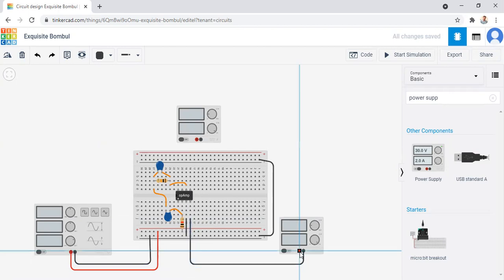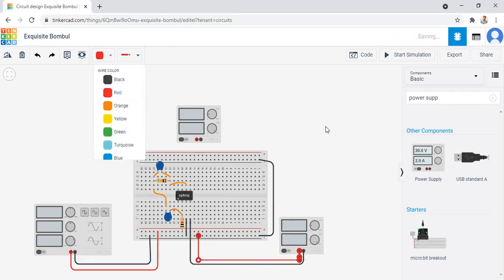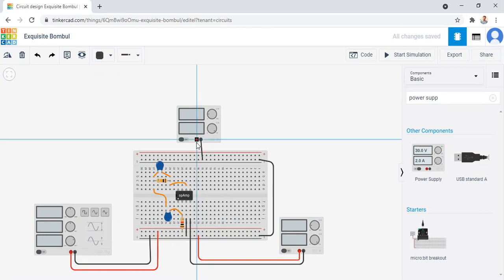And now we connect the positive terminal of this power supply to the negative terminal. Okay, and giving the color to the wire red in this manner. Okay, and after that, now we connect the negative end to the negative layer of horizontally shorted slots like this, giving the color to the wire black.